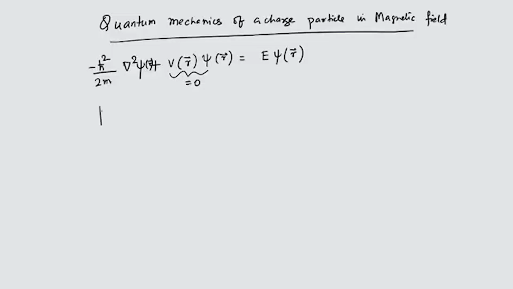If you remember, the magnetic field for a charged particle enters through the momentum. So the momentum P, which without any magnetic field is equal to m times v, which is called the mechanical momentum, changes in the presence of a magnetic field,